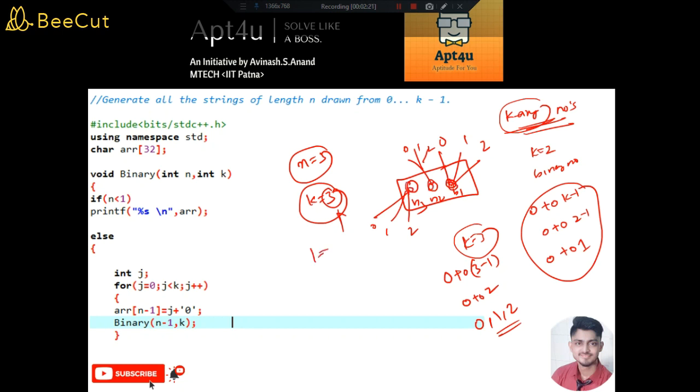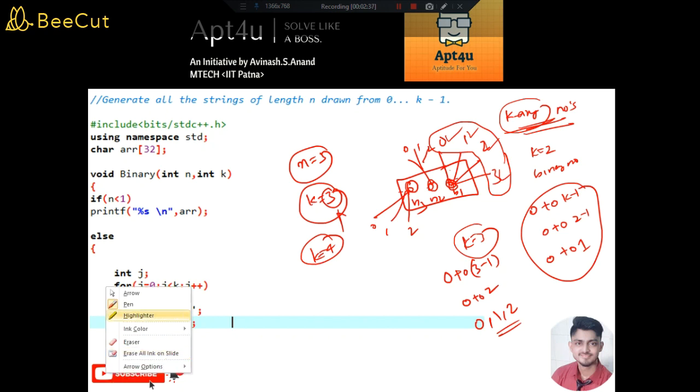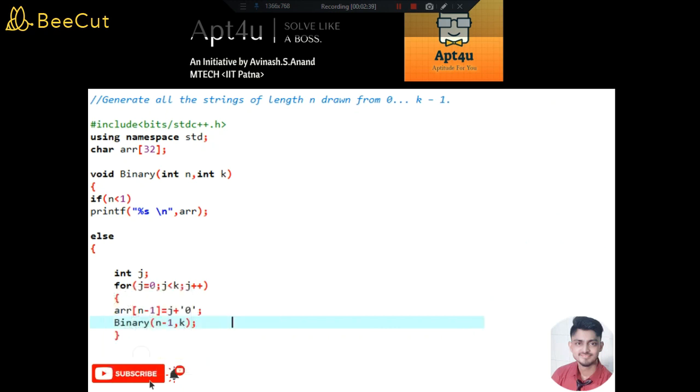If k is equal to 4, I will have 4 choices for every bit position. For example, for k equal to 4, you can have 0, 1, 2 or 3. So every bit will have 4 choices. Either you can fill it with 0, 1, 2 or 3, and likewise for all the bits. Fine, so this is what the problem says. We have to print all possible strings of length n, and it should be a k-ary number. What k is will be given by the user.